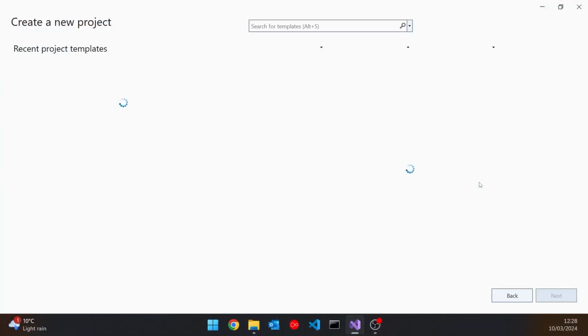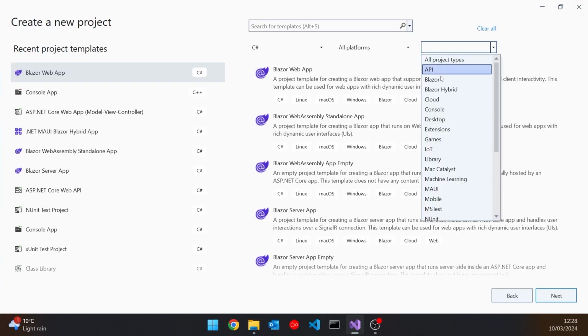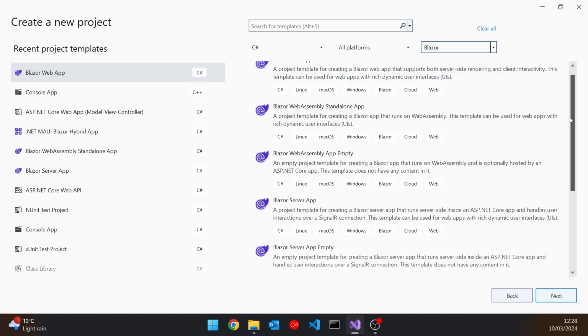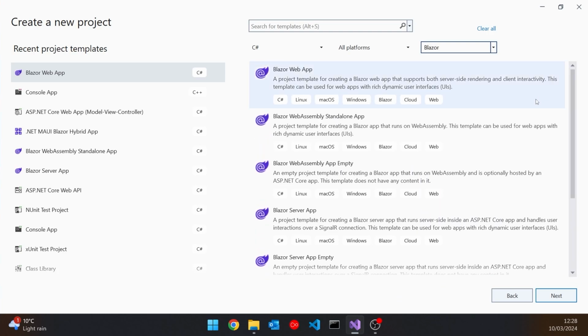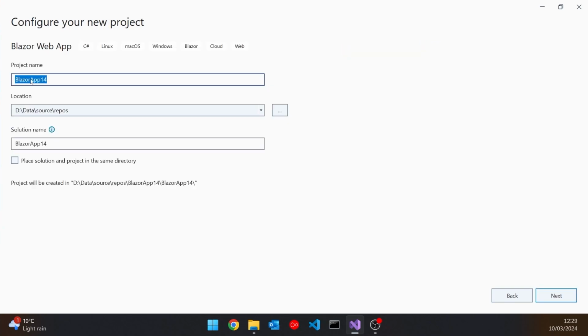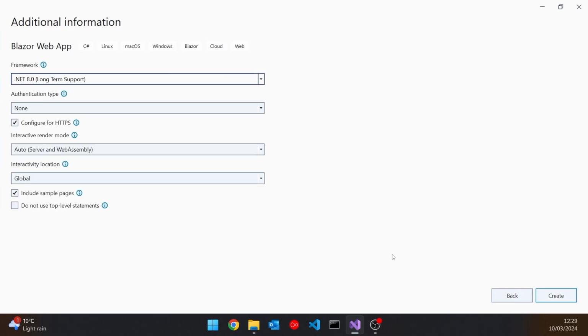And what I'm going to do is create a new project, and I'm going to filter it for Blazor. And you can see there's quite a few projects in there, but the one that's most important is this new one at the top, Blazor Web App. So really all the other ones are kind of there for backwards compatibility for the old style of Blazor applications. But if you want to use the new features, then just go for that Blazor Web App, and we'll call this Blazor Net 8. And then when we go on to the next page, this is where we see things are a little bit different.